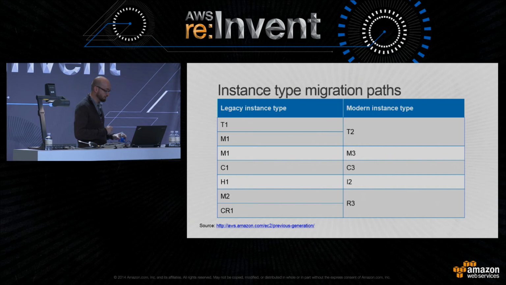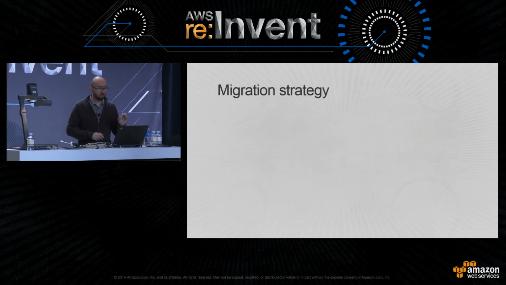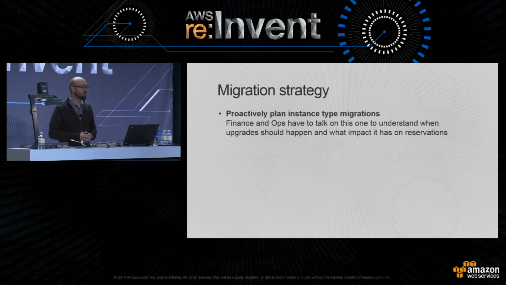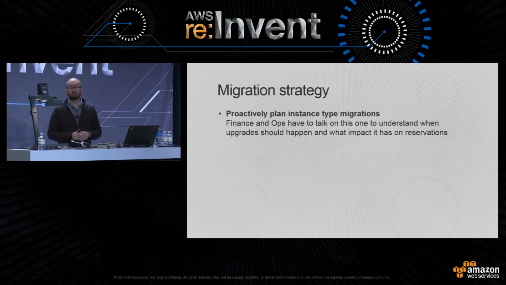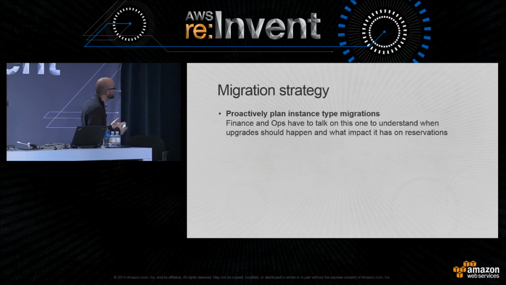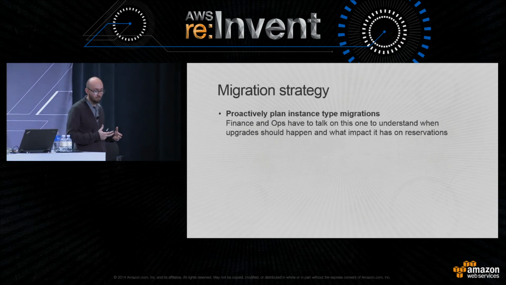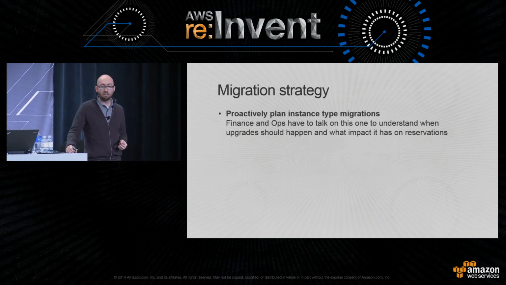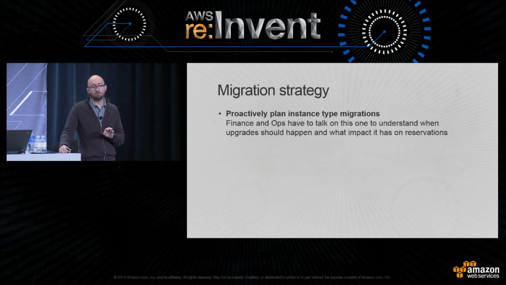There's some strategy, though, that goes into this. So I want to talk through migration strategy. The first thing here is you need to proactively plan instance type migrations. This is a scenario where finance and DevOps have to actually talk. And the reason that it's helpful for that coordination to happen is so that DevOps is not planning migrations away from instance types